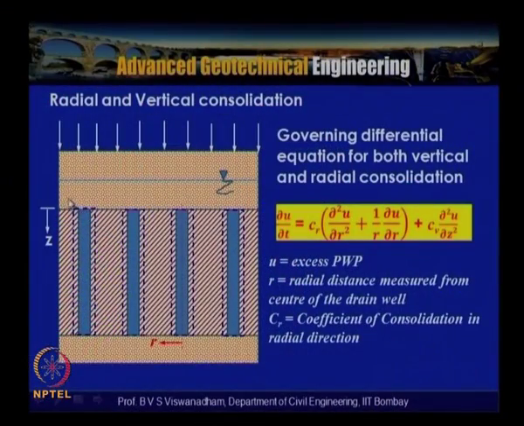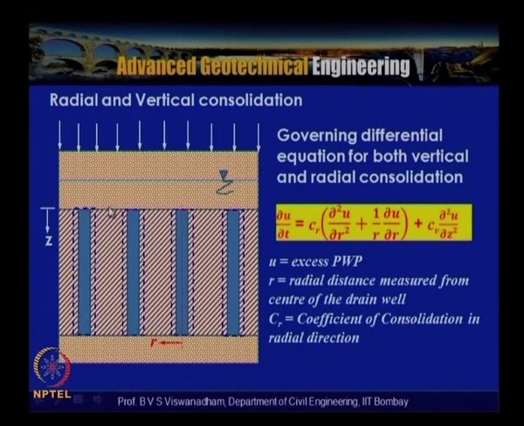Here is a typical cross section of a clay layer of thickness HT, where HT is equal to 2H, the 2H being this side, and it is a double drainage layer. We have a water table here and the fill which is placed here. This undergoes radial consolidation; the water flows in this direction and in this direction. This zone shown here is called the smear zone.